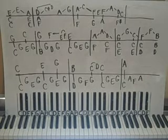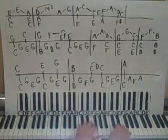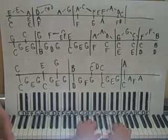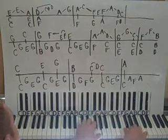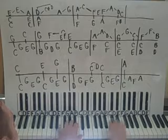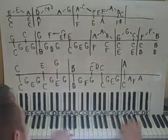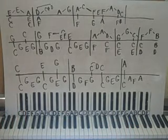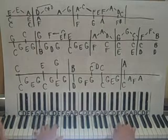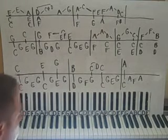Okay, everybody, we're doing Mozart's Sonata K545. It's called the easy sonata a lot of times, but to me it's not that easy. But here's the part one for it. Okay, and then the next part is... But let's get this first part down first. We start with a common